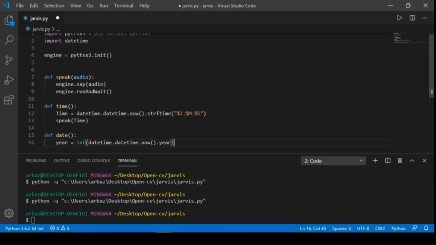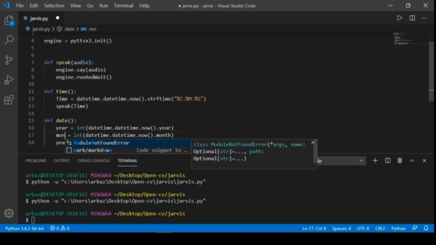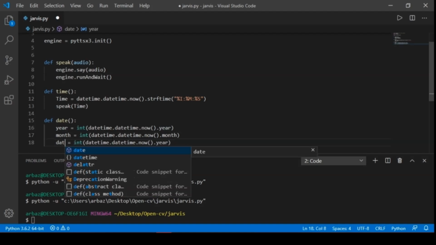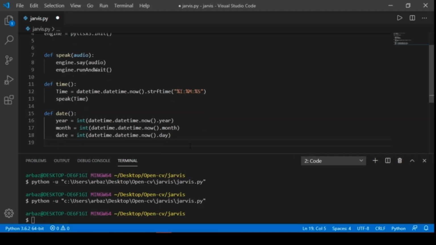So let me just try to copy this for the month and day. So we will do the same for the month, and we will change the variable name to month, and we want to get the current date. So for that I'll change the dot year to dot day, and after that we need to just